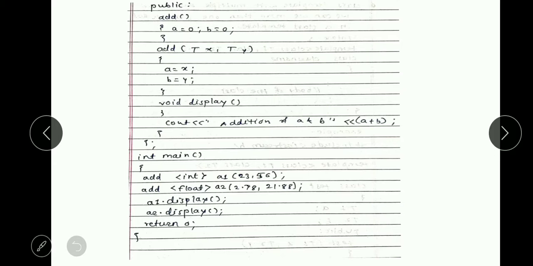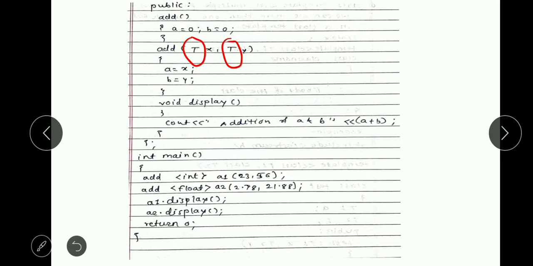So add a = 0, b = 0, then add. Again I use the template variable T, so T of x and T of y, a = x, b = y, and we display the value of a plus b.